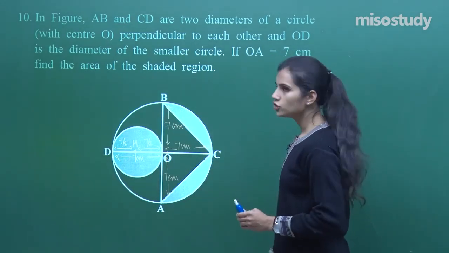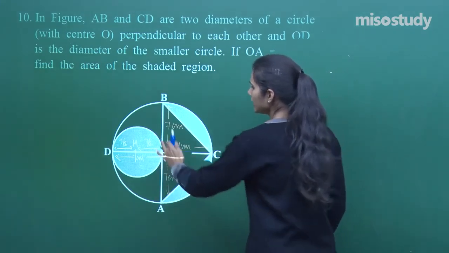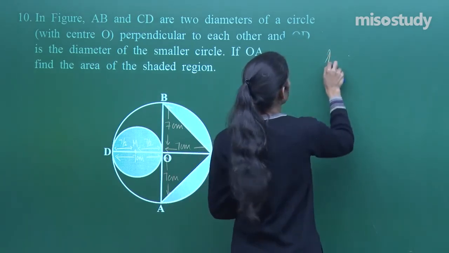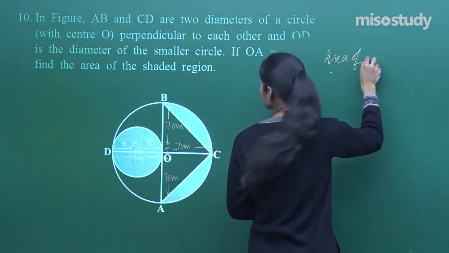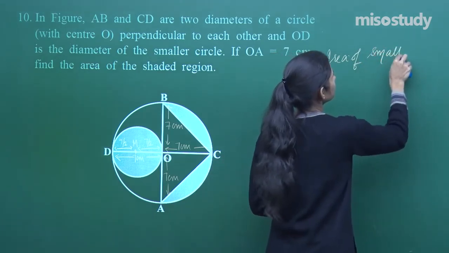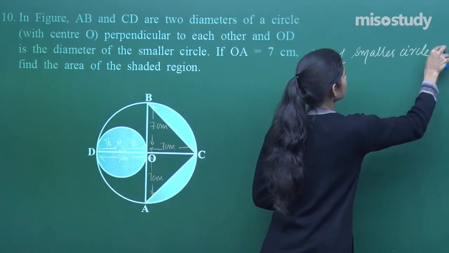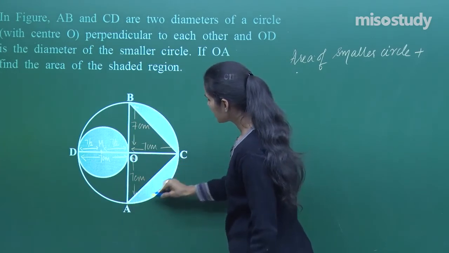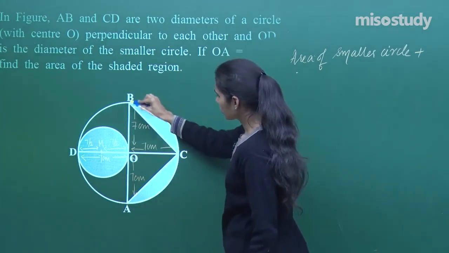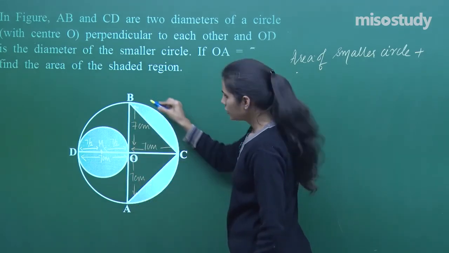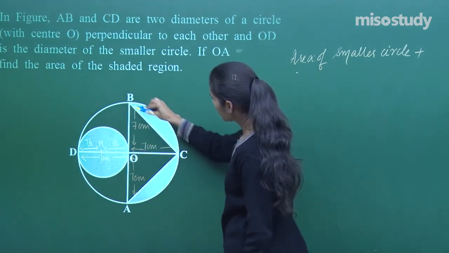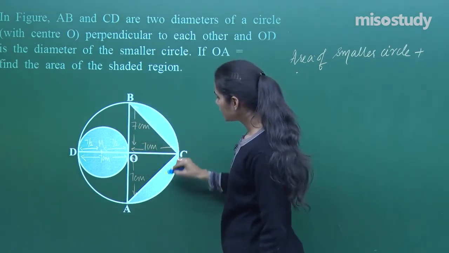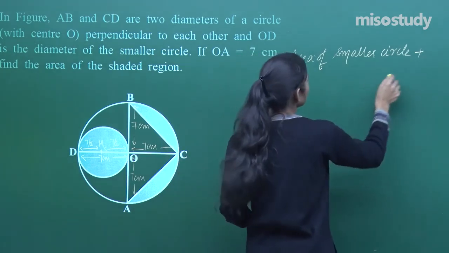I have to find the area of the shaded portion. What will be the area of the shaded portion? Area of the smaller circle plus area of this shaded portion. How do you write the area of this shaded portion? Let's talk about this semicircle BAC. From the area of this semicircle, when you remove the area of this triangle BAC, what you are left with is this area. So I can write the area of only this much portion as area of the semicircle